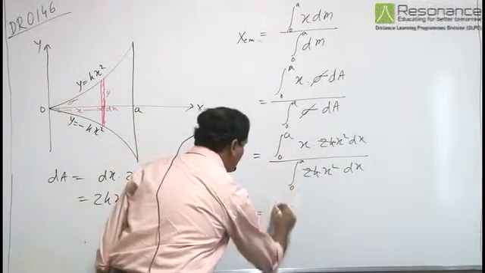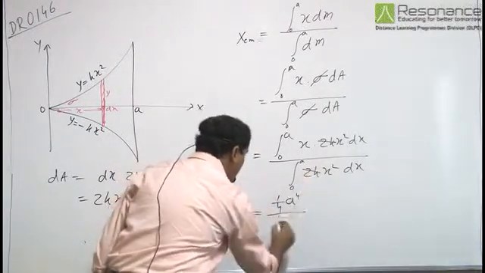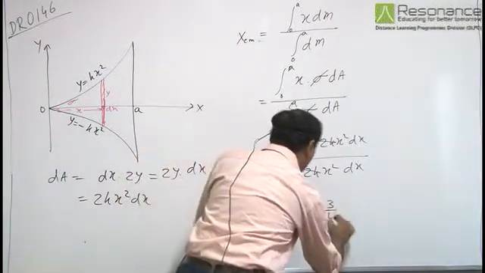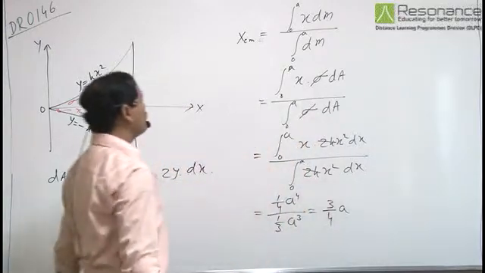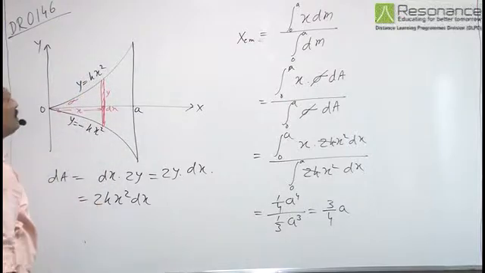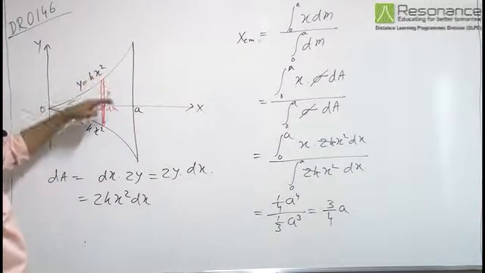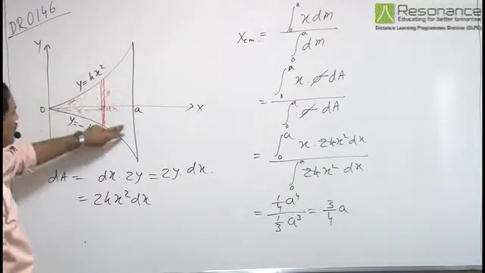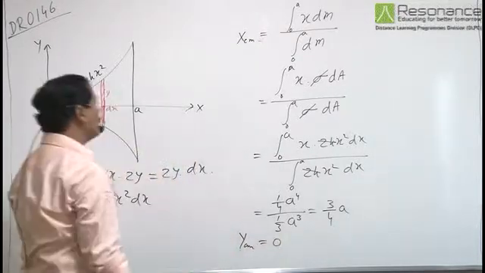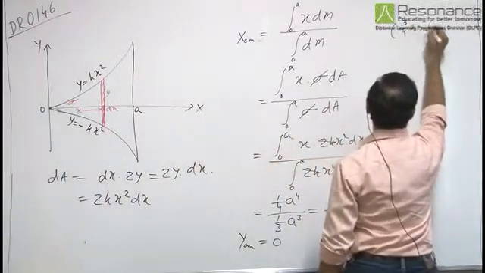If we integrate, the numerator comes out to be 1 by 4 a to the power 4, and the integration of the denominator is 1 by 3 a to the power 3. So this is equal to 3/4 of a. This is the x coordinate. As can be seen, the mass is equally distributed about the x-axis, so an equal amount of mass is there on the positive y side as well as the negative y side. So ycm is equal to 0, and the coordinate of the center of mass is (3/4 a, 0).